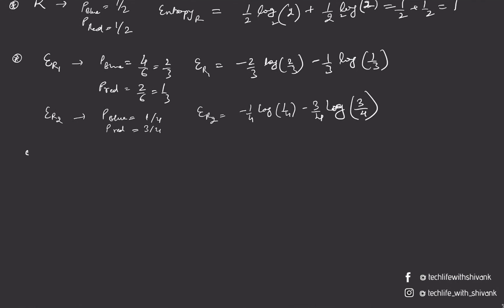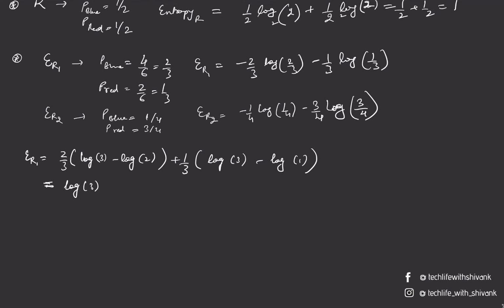So to expand further, entropy of region R1 is 2 by 3 times log of 3 minus log of 2 plus 1 by 3 times log of 3 minus log of 1, which is equal to log of 3 minus 2 by 3 times log of 2, which is equal to log of 3 minus 2 by 3, and log of 3 on base 2 is 1.584 minus 0.66, and this is equal to